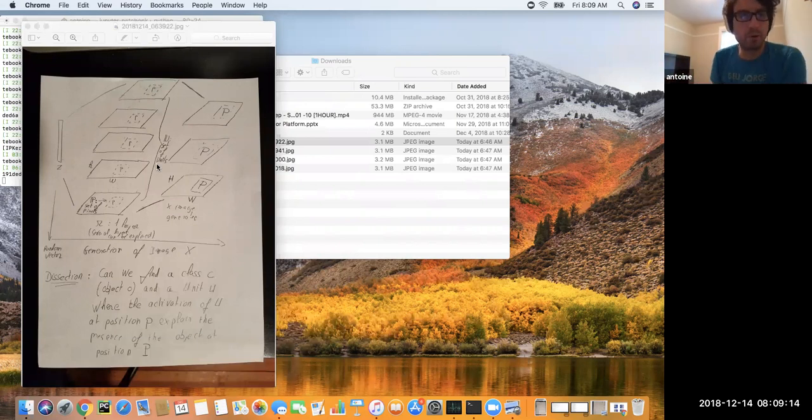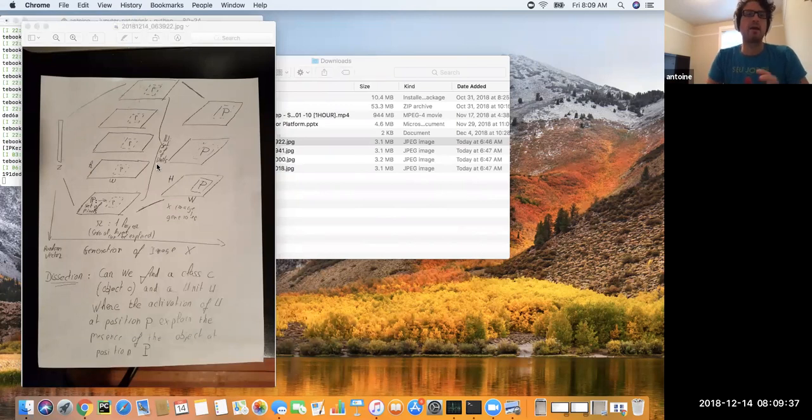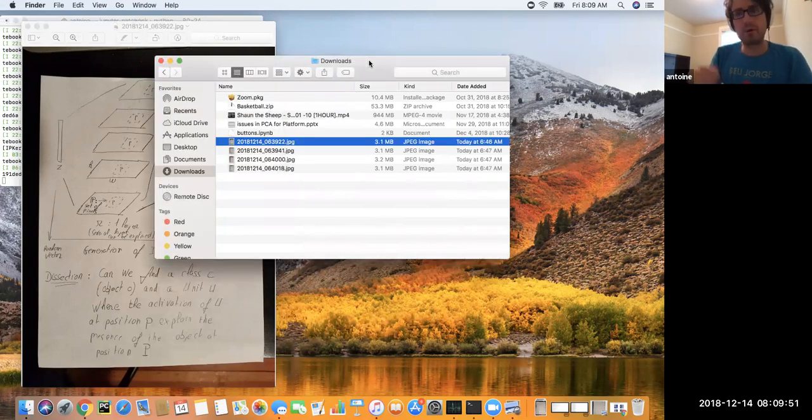is correlated to the presence of the object. To be able to map the position in the unit to the position in the final image, they are using upsampling, because, as you can see, typically how the convolutional GAN works is it just increases the resolution of the feature map until it reaches the final image. So, to identify the units which are more responsible for the creation of the object,